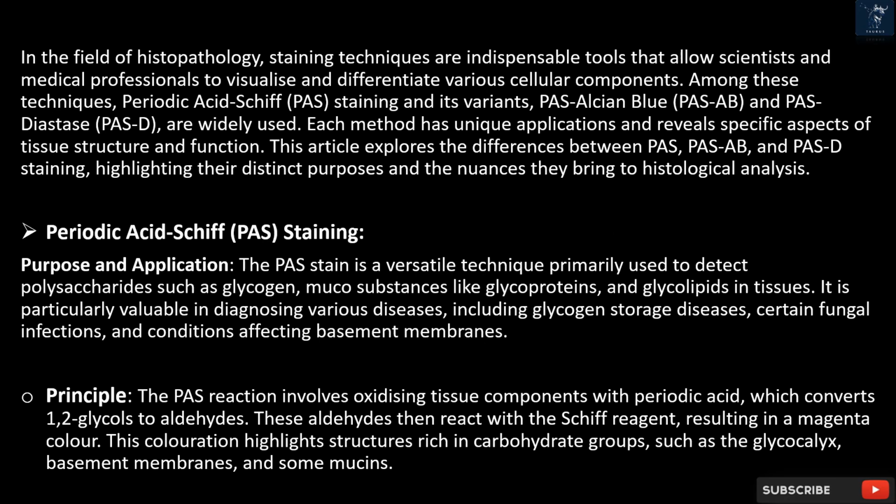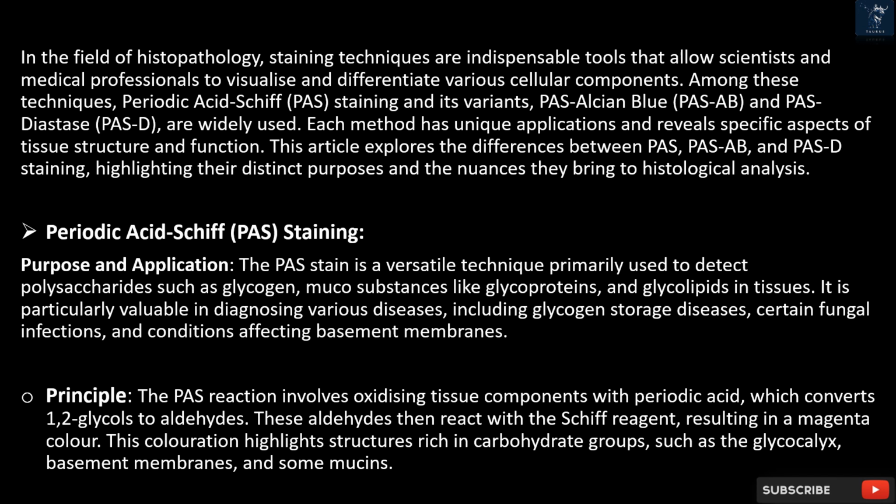In the field of histopathology, staining techniques are indispensable tools that allow scientists and medical professionals to visualize and differentiate various cellular components. Among these techniques, periodic acid-Schiff, PAS, staining and its variants, PAS-alcian blue, PAS-AB, and PAS-diastase, PAS-D, are widely used. Each method has unique applications and reveals specific aspects of tissue structure and function. This article explores the differences between PAS, PAS-AB, and PAS-D staining, highlighting their distinct purposes and the nuances they bring